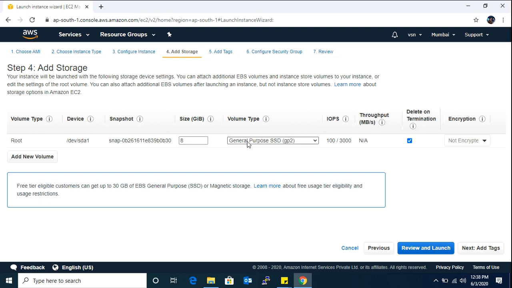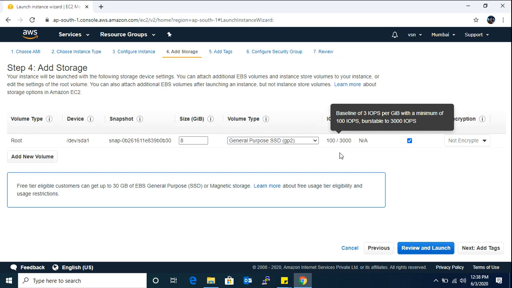The root storage volume size is 8 GB by default, and